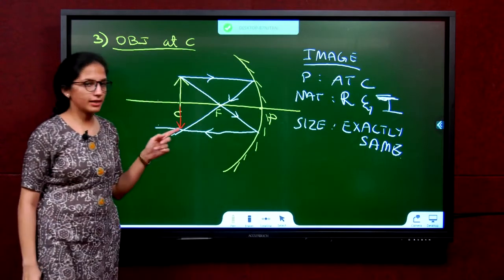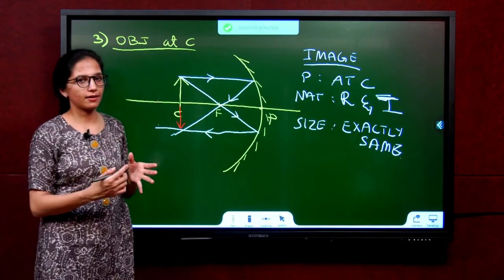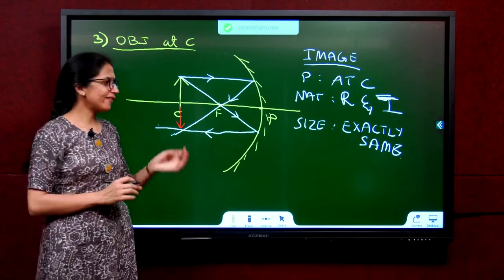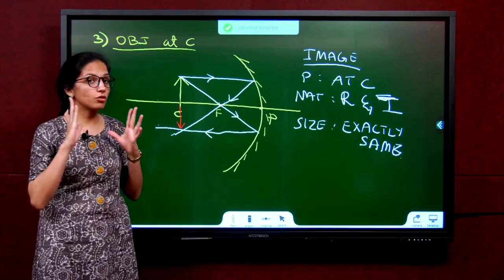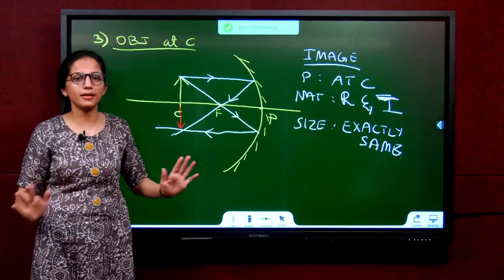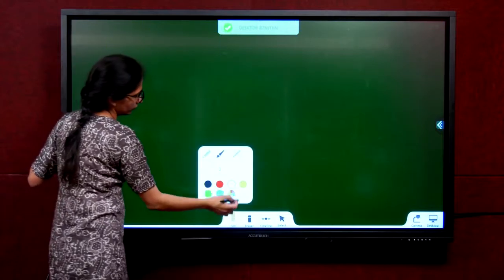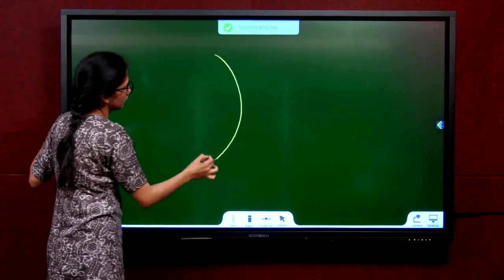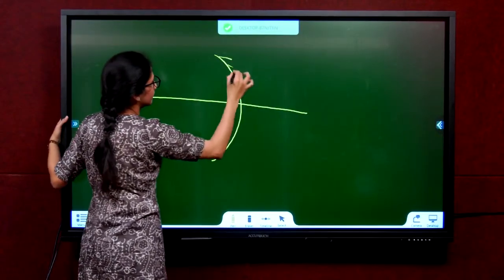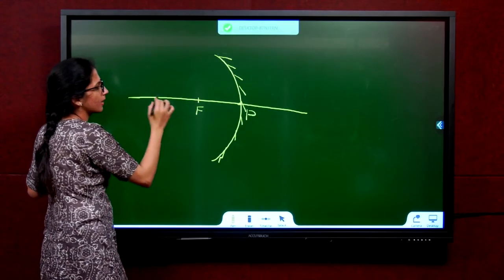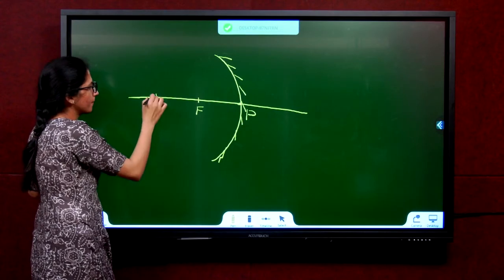Now many of you won't get this correctly and you will do it again and again. And you still won't get the answer. So what do we do if this comes in the exam? I will teach you a shortcut technique, but this is only a shortcut technique. This is not the actual method to do. So, how do you do it actually? Mark your pole, mark your focus, mark your C, like I told you already.